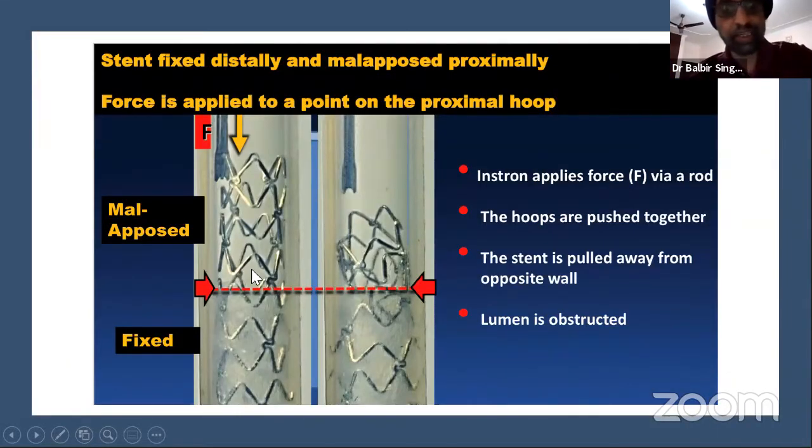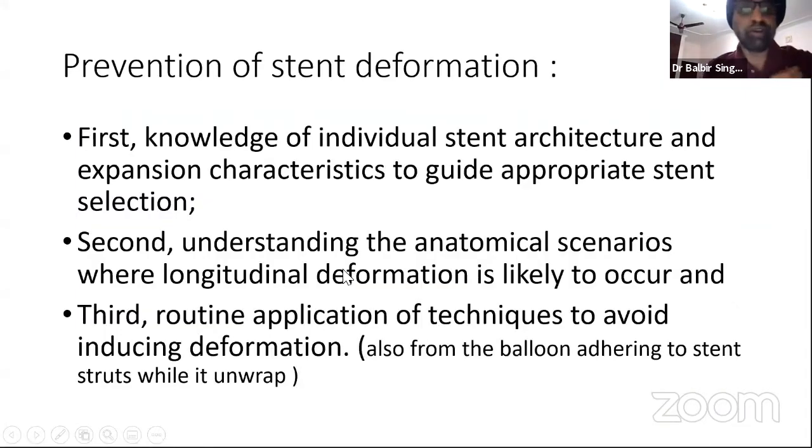Now, this is an elegant diagram to show what happens. Once you have the stent in, you have some malposition in the proximal part, you bring in the next balloon or the device or the intravascular ultrasound, you would hang on the edge of the stent and that deforms. So you keep pushing the device thinking that it's not going, so let me push a little harder, and it becomes more and more deformed. And this is where the problem actually comes. So how do we prevent?